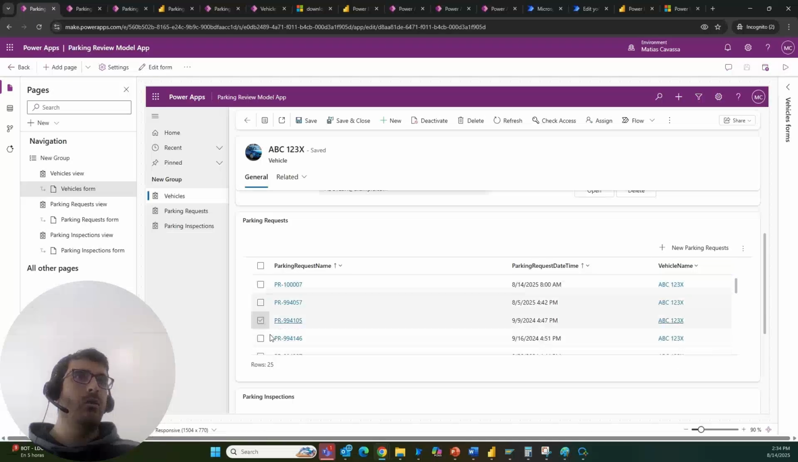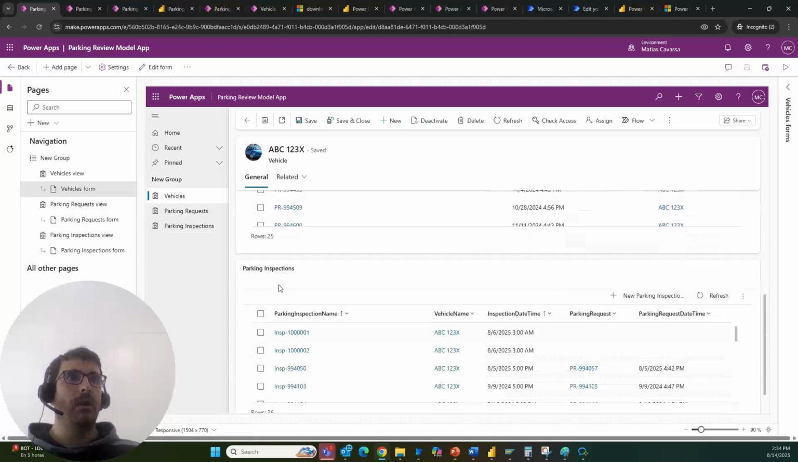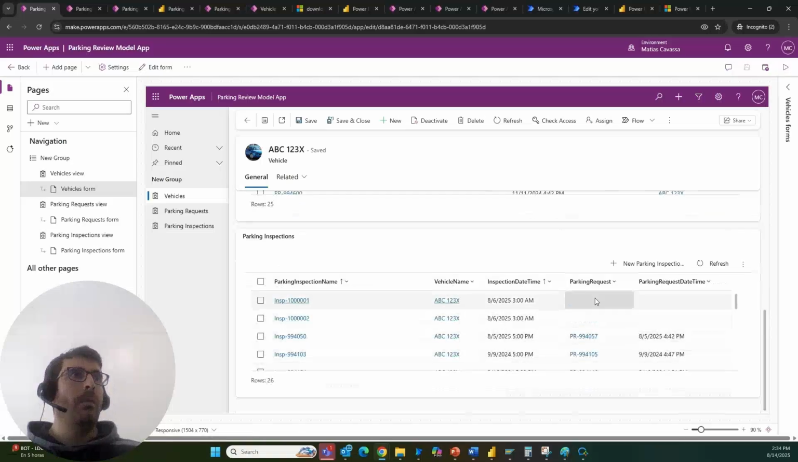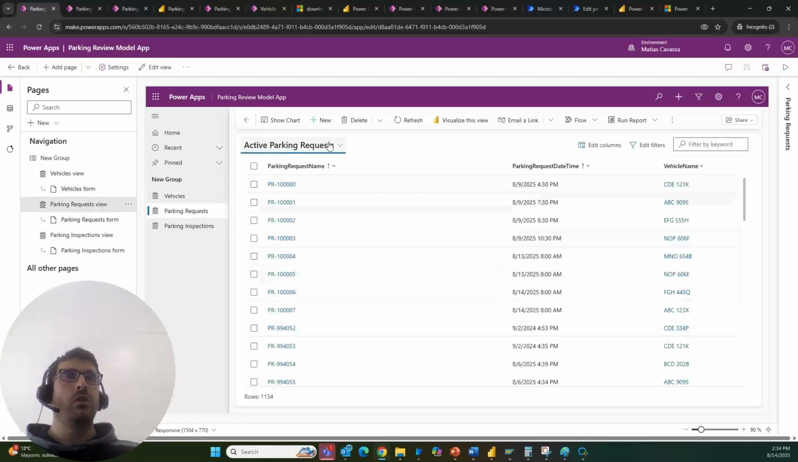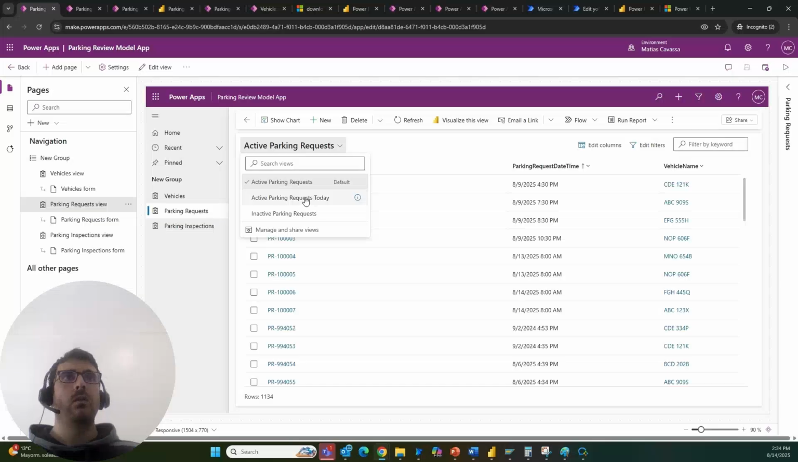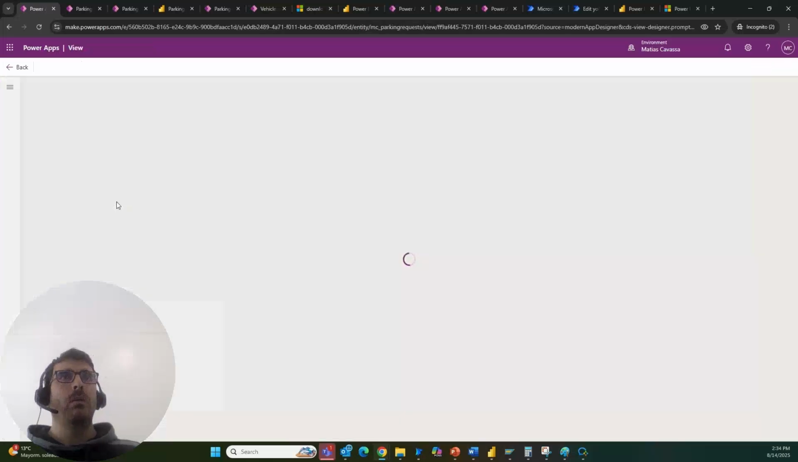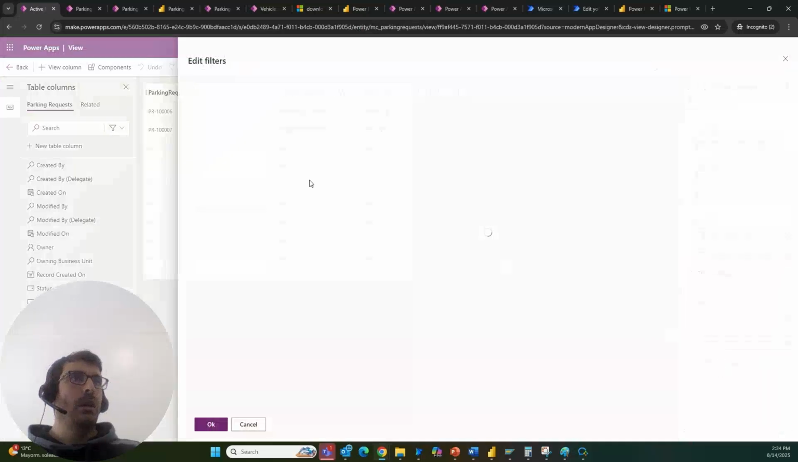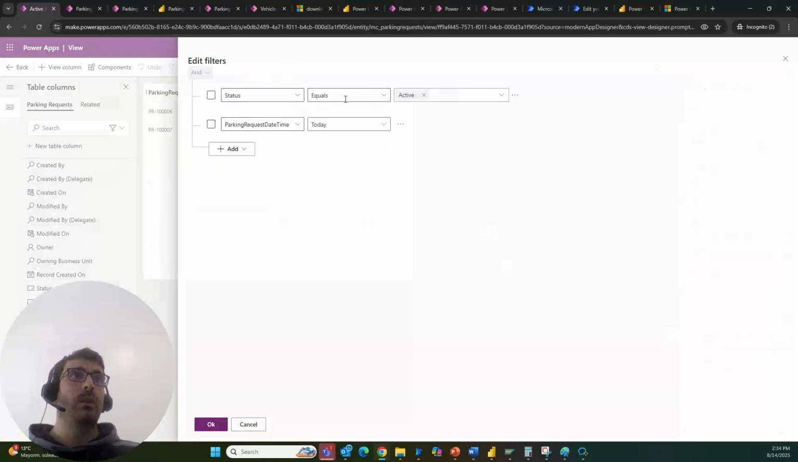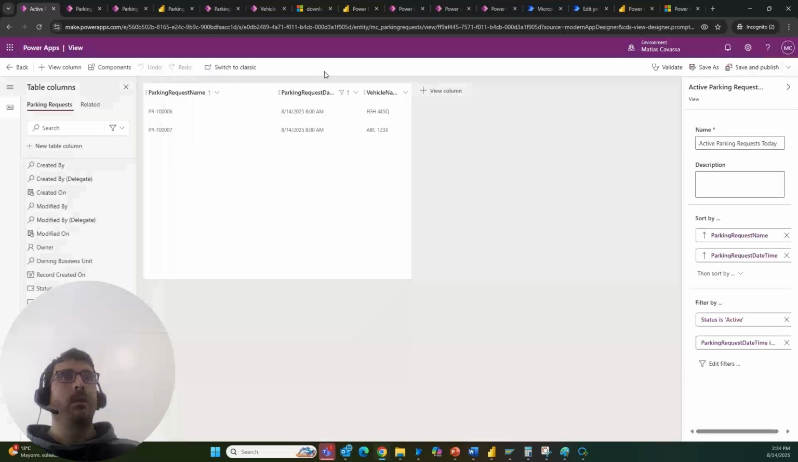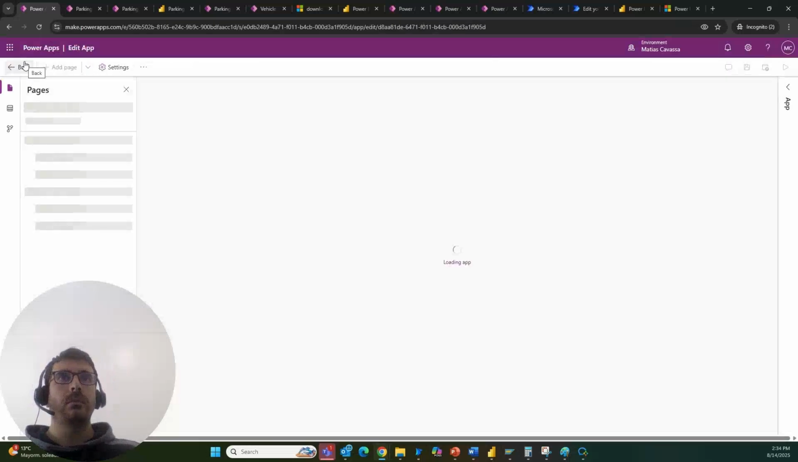This is a one-to-many relationship, one vehicle, many requests, and the same for inspections. In some cases, we don't have a parking request made in advance when the inspection was carried out. So for parking request views, in addition to the default one, we have an active parking request today view, where we apply filters to take just the parking requests that were submitted today. In this case, I've submitted two today, 14th August,